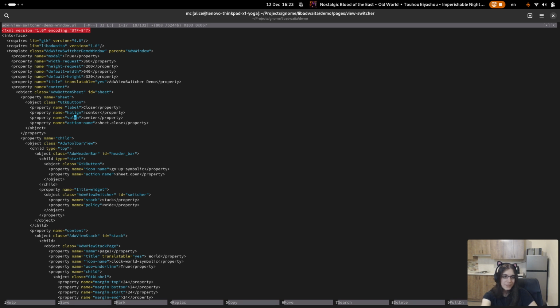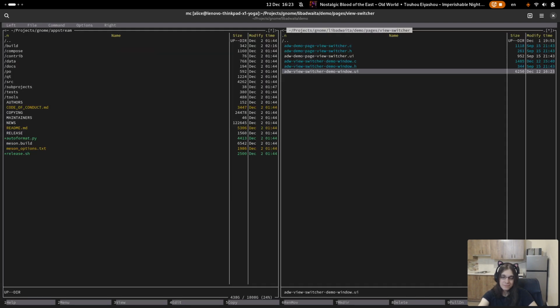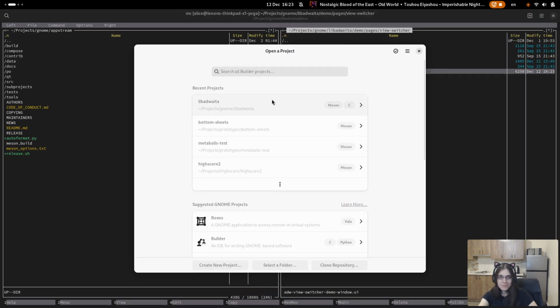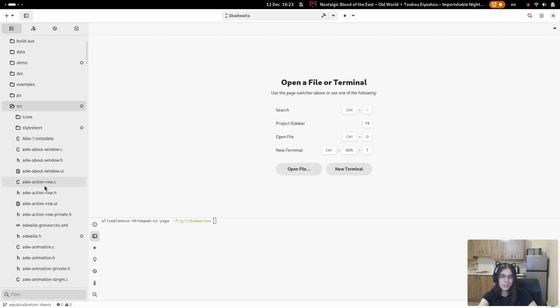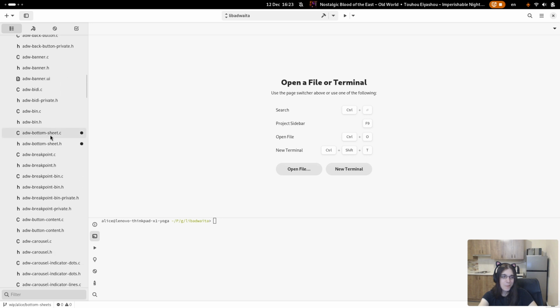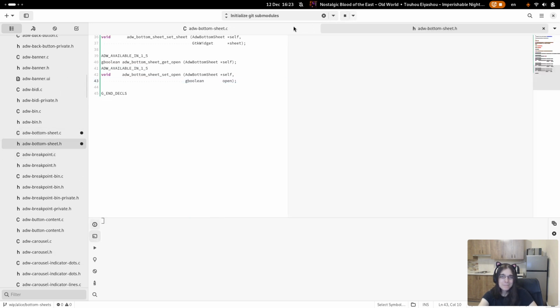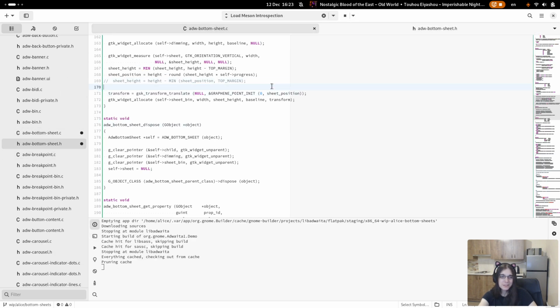No idea. But anyway, let's make the height a bit larger. Height request like 300 pixels. I have no idea why it started crashing in that file. Apparently it doesn't like it.